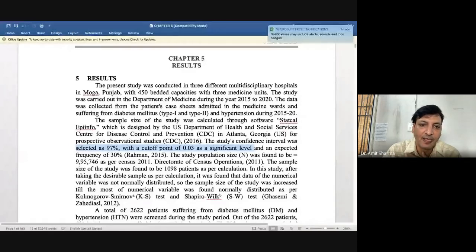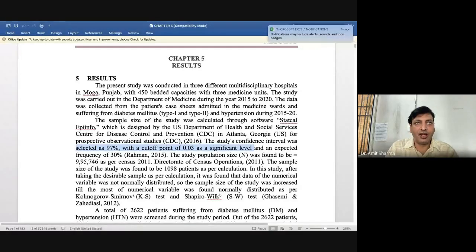a lot during my PhD, because I have applied, I think, more than 1,000 statistical tests, and out of 1,000 I got only 32 or 35 which were found significant, because most of the time we are not getting a p-value less than 0.03. So a highly significant result was found to have a value less than 0.03. So what I recommend, go for 95%, which is most commonly used in academic research. So like this you have to mention it in your thesis or in your research paper.